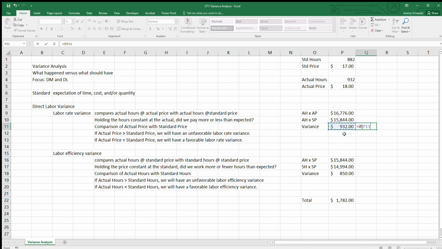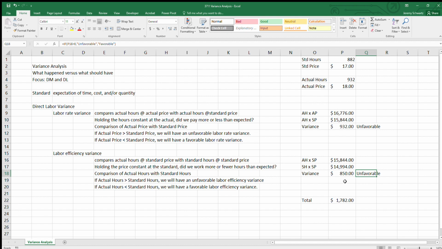If this number is greater than 0, then we would have the U for unfavorable, or I'll write it out here, and otherwise we have favorable. When you're using an if statement and you want a word to come out in the output, you have to put it in quotation marks. So here it will read this as unfavorable. Copy the formula down, and we see that